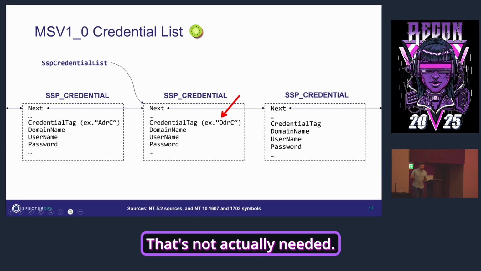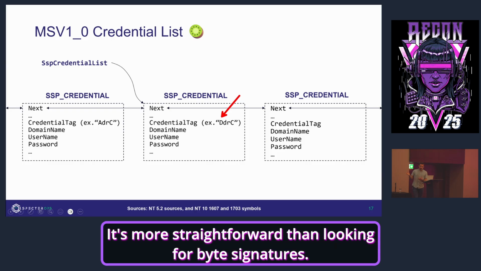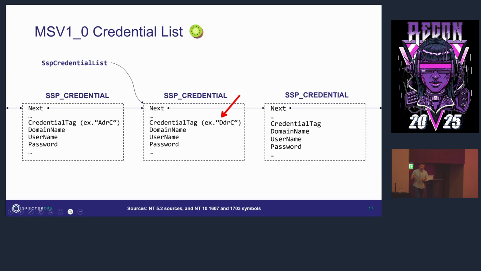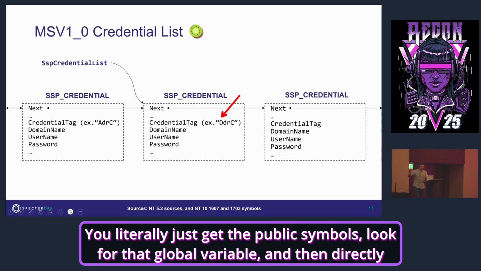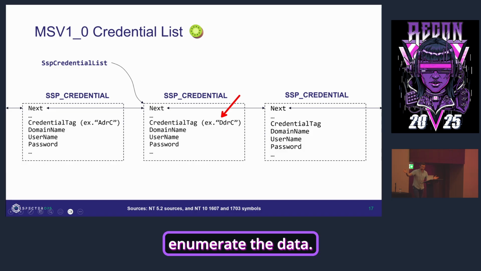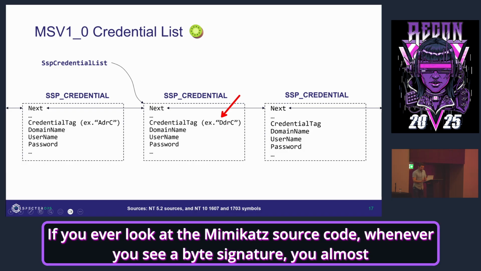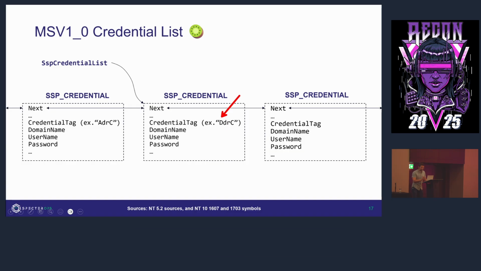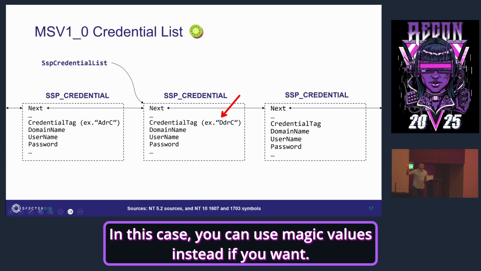That's not actually needed. It's more straightforward than looking for byte signatures. You just get the public symbols, look for that global variable, and then directly enumerate the data. So whenever you see a byte signature in the Mimikatz source code, you almost never need it. You just need public symbols. And in this case, you can use magic values instead if you want.